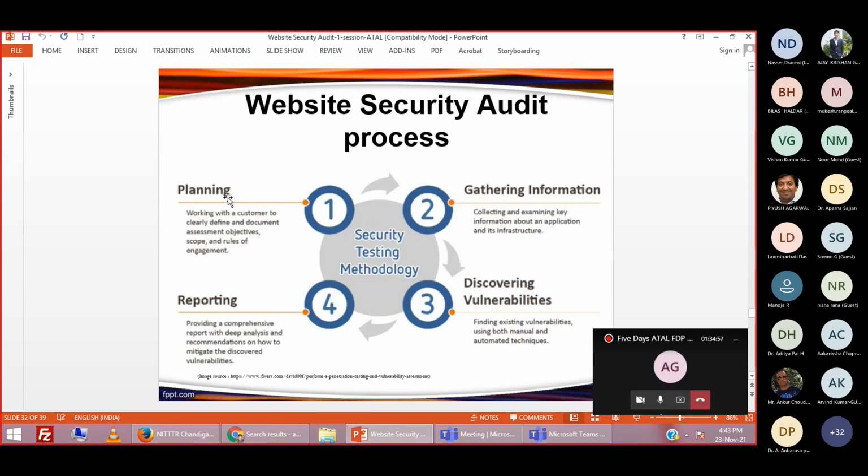At last, once the auditor is finalized, you have to sign an agreement with that auditor. In that agreement, you have to officially allow the auditor to hack your website, because the auditor will do manual hacking of your website to identify the risks and vulnerabilities. They may also use some predefined auditing tools, but they will also use manual tricks. All the techniques we have learned so far are the manual techniques used by auditors, right? So you have to officially allow the auditors to do all these types of hacking.